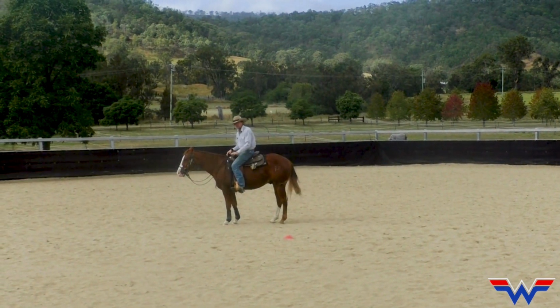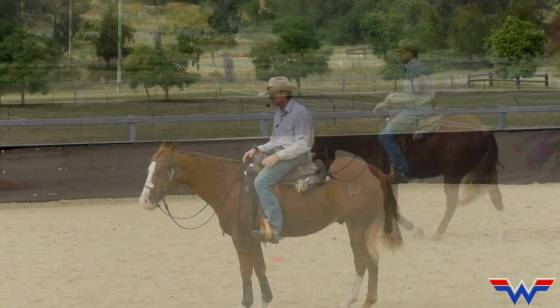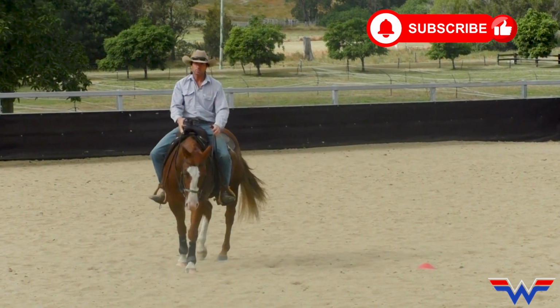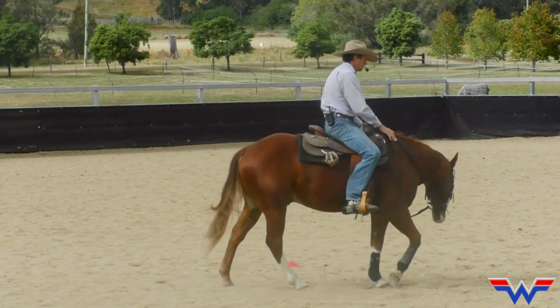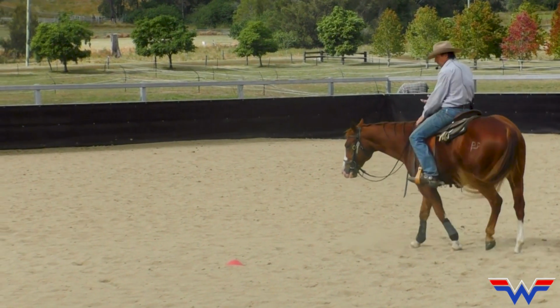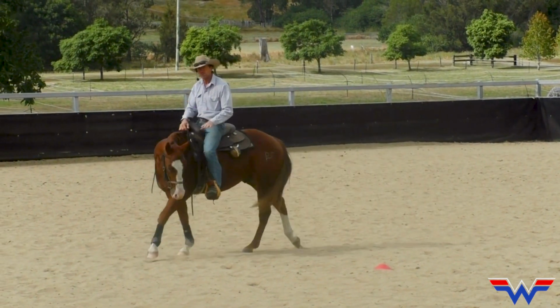Right, so he gets his reward when he's still thinking about staying on the left circle. He may have that choice whether he can stay. I make it comfortable. If he leaves, I make it uncomfortable. But the key to that is letting them leave. We all want to stop them from leaving because we don't want them to make a mistake. But it actually just makes your circle more